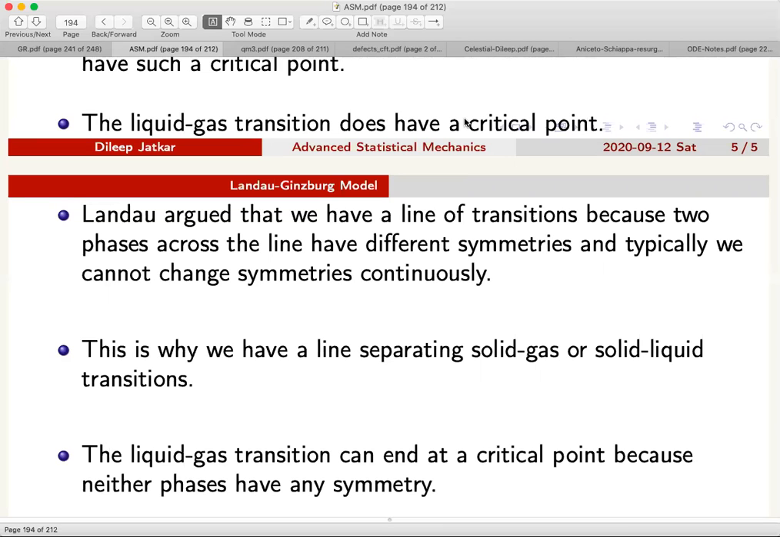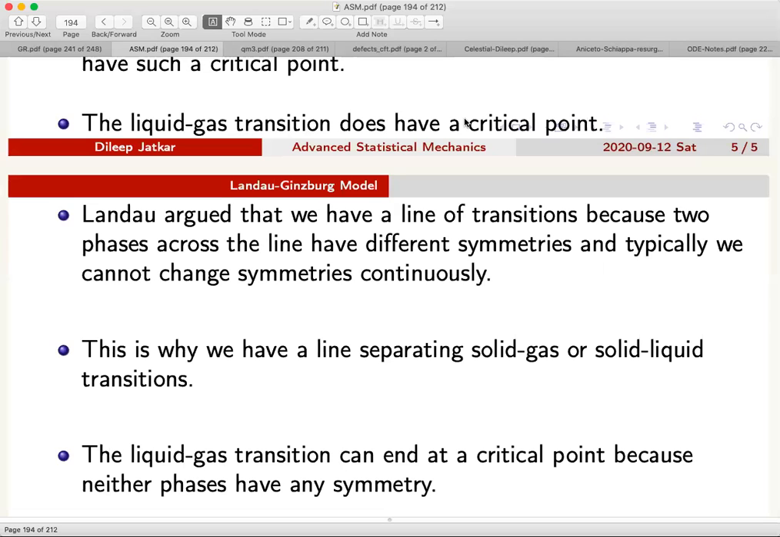And what we said was that one sees a critical point in the line separating the liquid and gas phase, which on one side ends on a triple point and on the other side ends on a critical point. And the line separating the solid state from the gaseous or the liquid state does not end anywhere. That is the first observation. And the second thing was the reason why we wanted to study this system was that